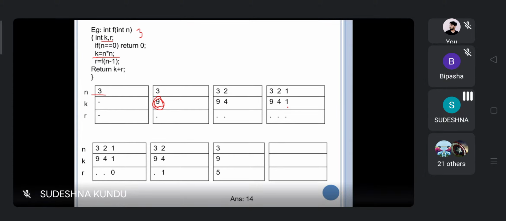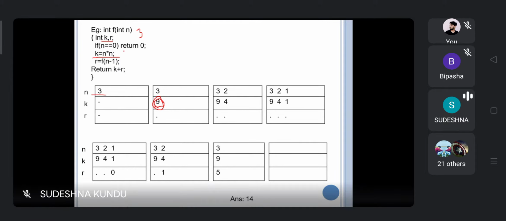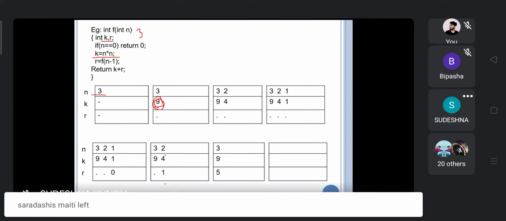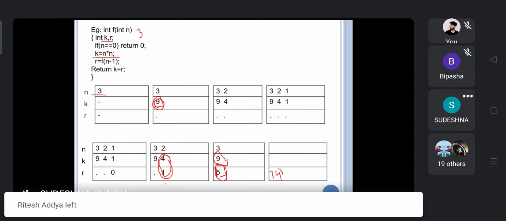Now n is 1, with k equal to 1. When n becomes 1 minus 1, which is 0, it returns 0. So 0 returns 0, and then 1 is returned. Then 4 plus 1 gives 5. Now 5 plus 9 gives 14. So 14 will be the answer.